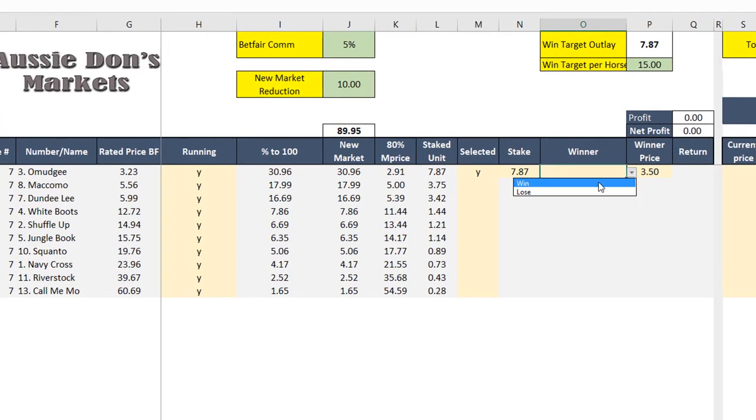Did the horse win? Yes, it won. And because we've got a better price than the 2.91, you can see there that we've actually won 19.68, and then after commission 18.69. If we put in here, just say for example the 2.91, you can see there that we won our